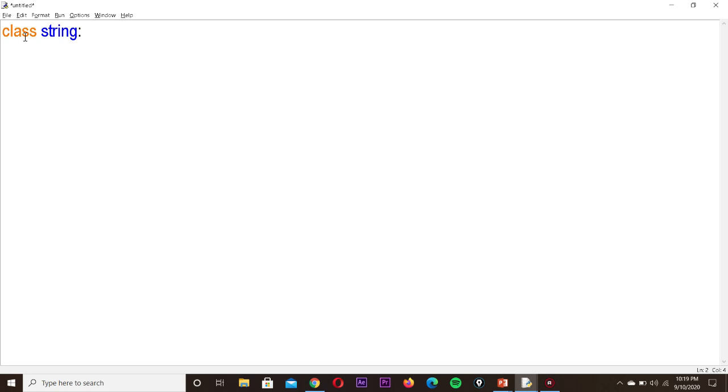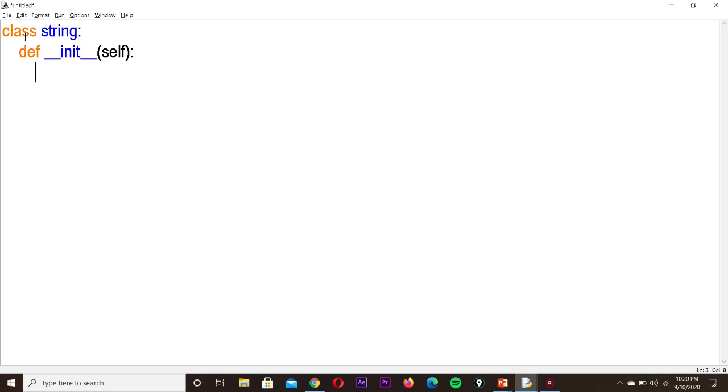The first one we are going to define is the constructor, which is used for initializing the variables. For the constructor we have to write def, then double underscore. The constructor will always have double underscore before and after. So the constructor name is init, then double underscore, and within parentheses self. The first argument self should be there, and only self, no other arguments it is going to accept. Then put a colon, then we define this function.